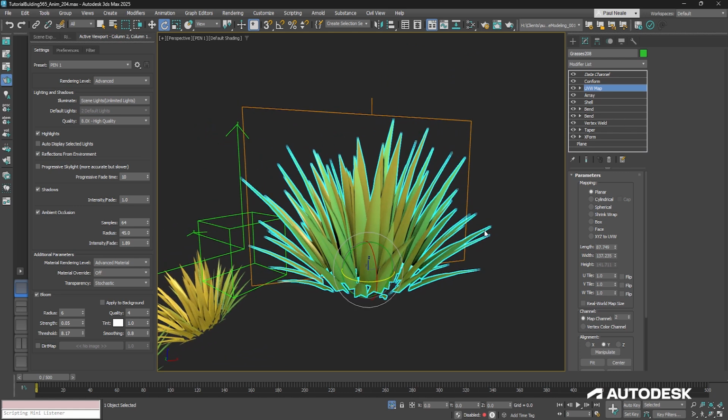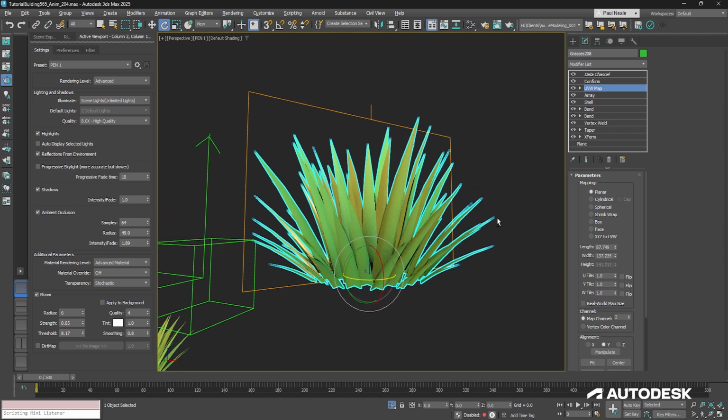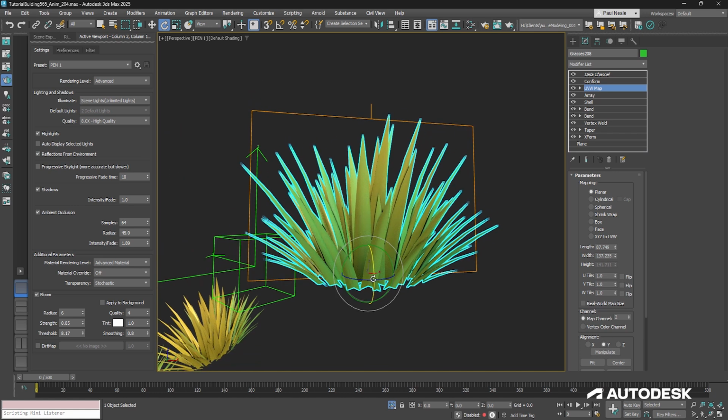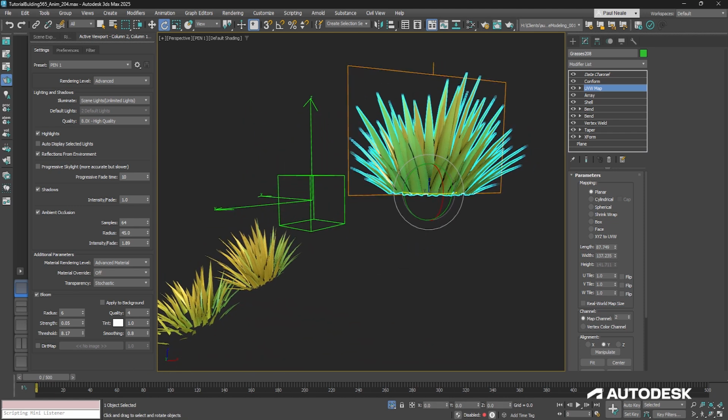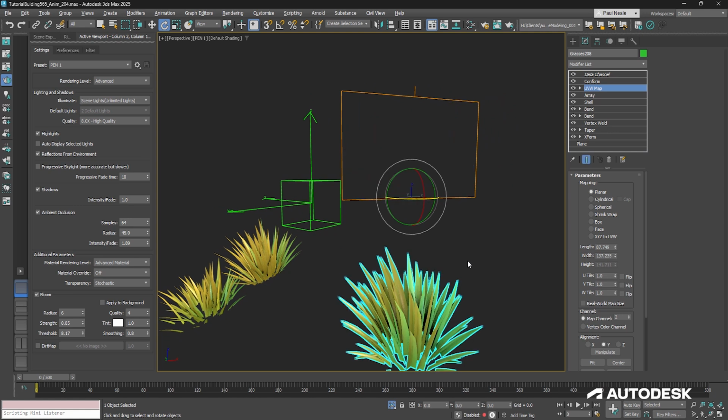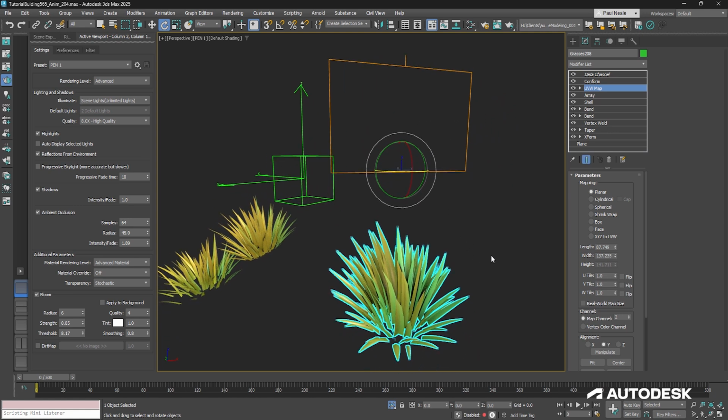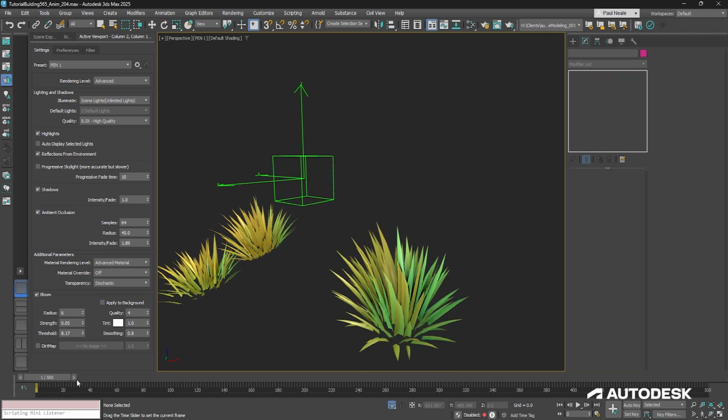Now what I have is this UVW map applied to the side. It's mapped into channel 2, so it's a second layer of UV mapping instead of each one that is on each leaf. And it's a planar map just in the Y. This way we're going to be able to generate a gradient from bottom to top, from black to white, to be able to multiply the motion so that it moves correctly only at the tips and not the base. Just turn show end result back on with the toggle Alt tilde,